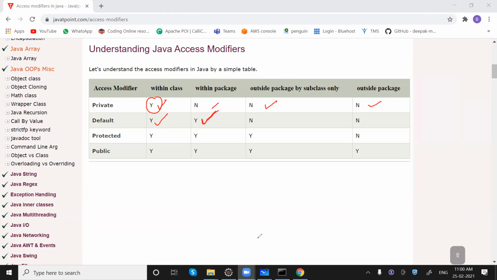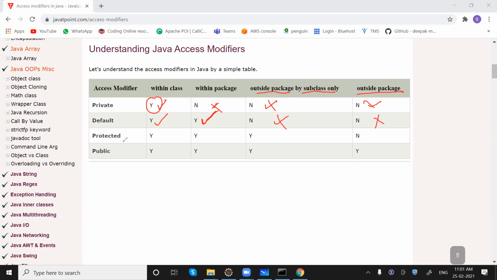Outside the package we cannot access. There are two kinds of scenarios for outside classes: a class in another package that is a child class of a particular class, and a class with no child-parent relation.